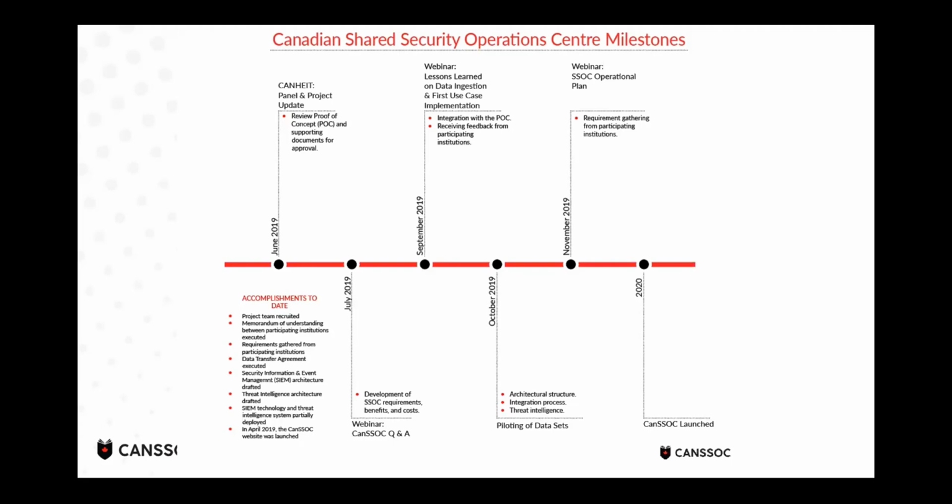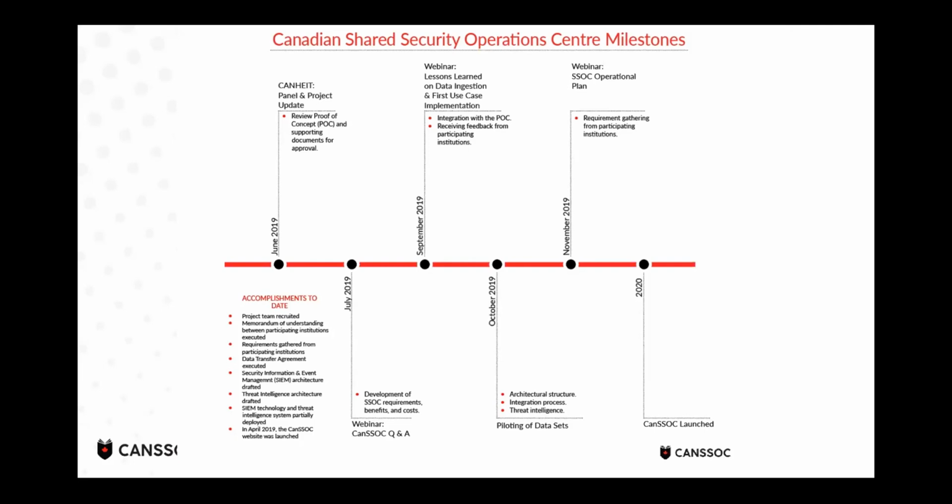So this is also not just an idea, it's something where we actually have different institutions in different provinces that need to share information. So I actually want to highlight on here, this is one of the timelines we're going to look at. On the bottom left-hand side, you can see a high-level list of some of the accomplishments. And the data transfer agreement was a pretty big one. It took some time to talk to each of the institutions, especially because the security folks and the IT folks and the CIOs came to the table, but we had to get the rest of the institutions on board. This is not just an IT initiative. And so we spent some time standing up the project and also getting these data transfer agreements and the other agreements we needed to be able to facilitate the transfer of information.